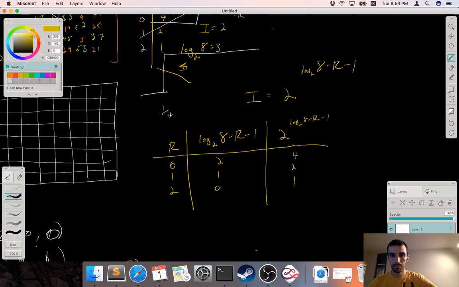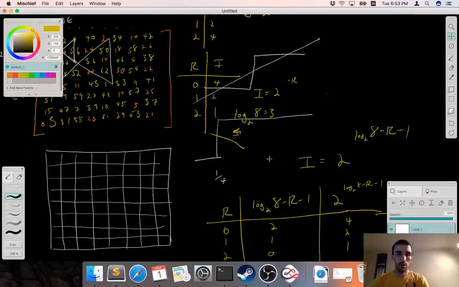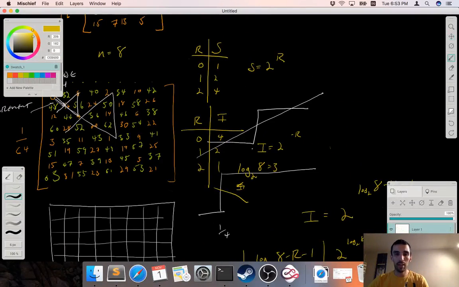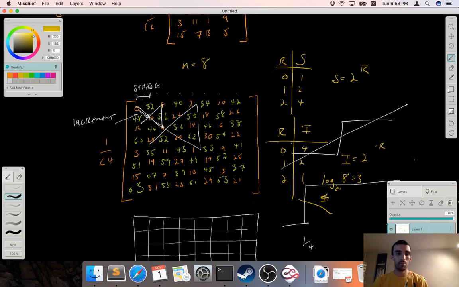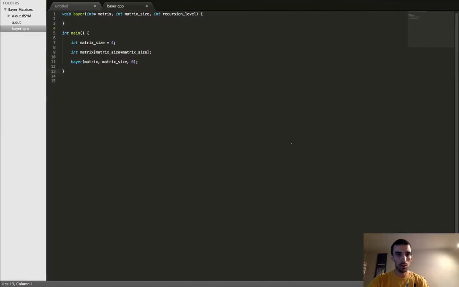So that's I, and that's what we want. So now we have formulas for calculating the stride and the increment given our recursion depth. So good. Let's go back to the code